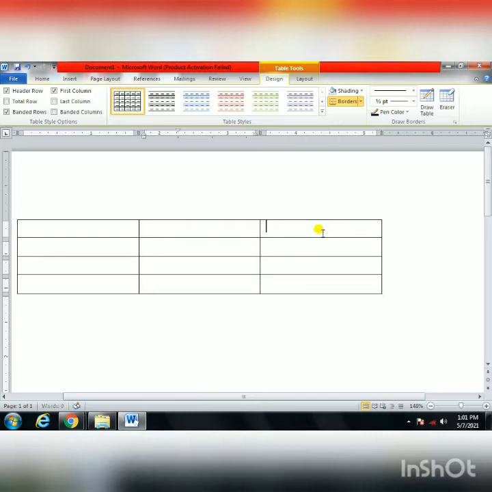Suppose I am writing some things on the top, and you have to see that I have done it below also. So I wrote A, B, C, 3 things on the top of the columns. Clear? Now first of all, you can see I can adjust these things. You can keep it in the middle, on the left side, or the right side, anything you can do here. Now I will add a column.